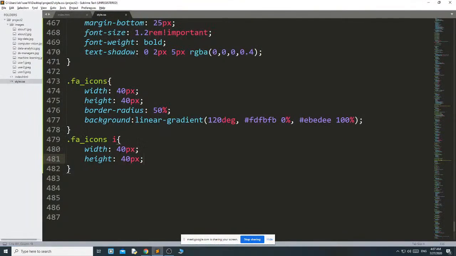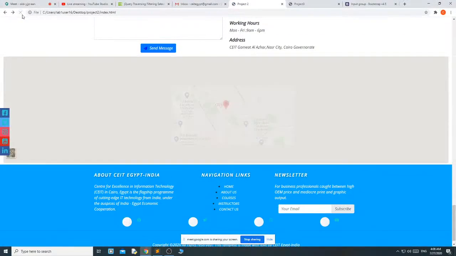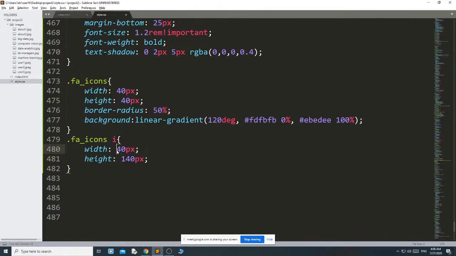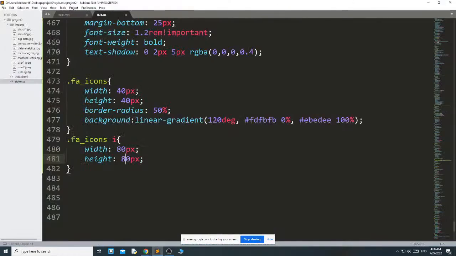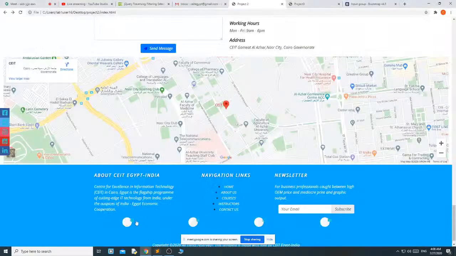If I do this one relative and just absolute, then we can do it. But okay, I will give some task to you also. You can make that fa icons relative and do it in absolute to make the size same.